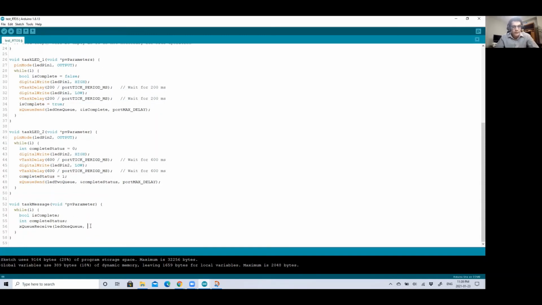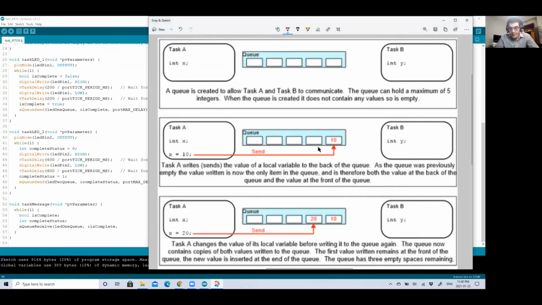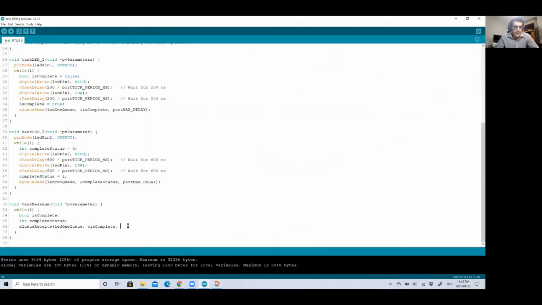And then of course we have our LED1 queue. We send in the address of the value to change, as in this case here, LED has in bools. So let's do the is complete. And then how much time should you wait if in this case it's received? So that means how much time should you wait if the queue is empty? In this case here,